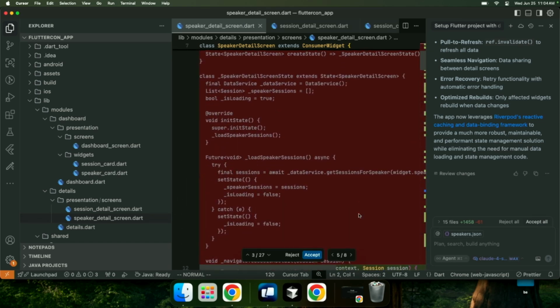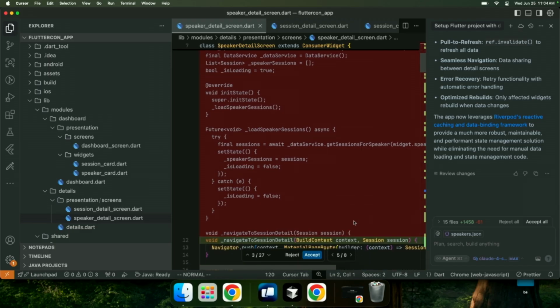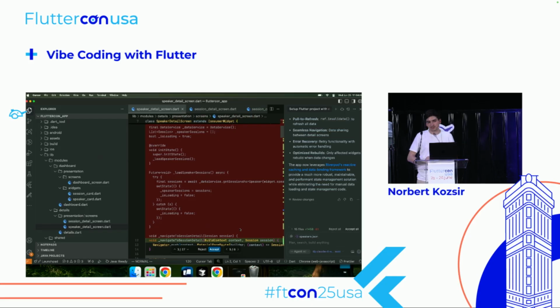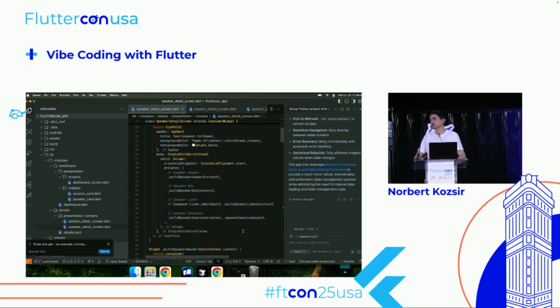Again, this is not really wrong code. Building an app like this in a demo setting, writing code like this might actually be just fine. Just having a stateful widget that loads some data. But we wanted to use Riverpod. We may want to scale. And if you use Bloc, if you use Cubits, if you use any state management, it's just about giving it the context and what to do. So let's see what we want to work on next.